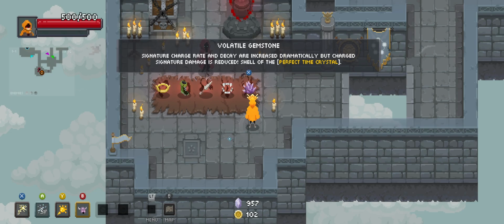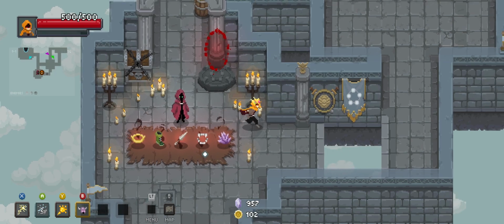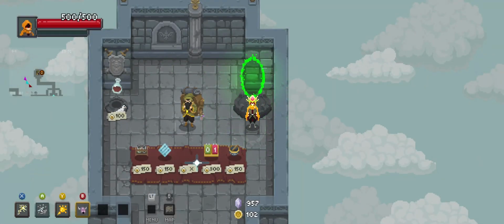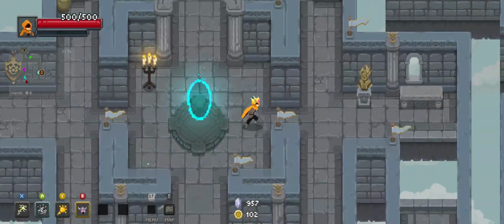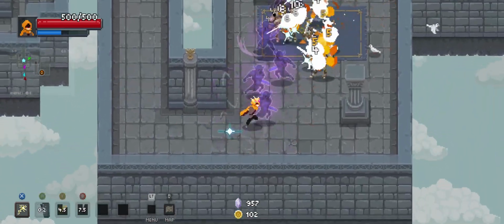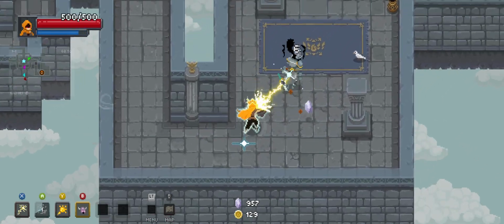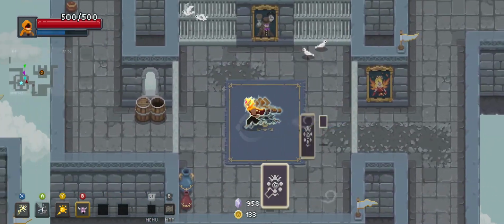I like the idea of getting the perfect time crystal, but if I take this as it is, yes, I'll have way more charged signatures, but their damage will be reduced. Alright, so while I'm debating that, let's come up here and...